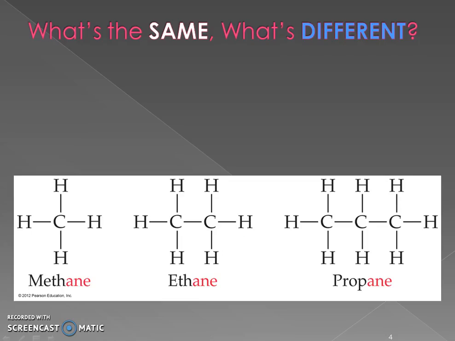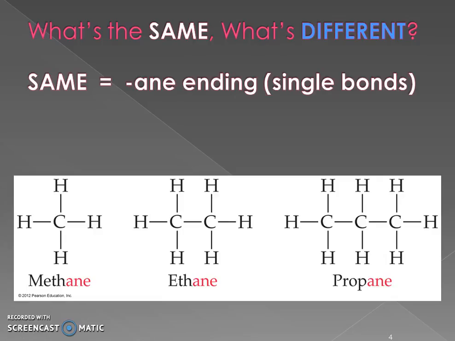big role. So if we look at these three compounds, they are organic compounds because they all contain carbon and they all contain hydrogen. So that would be a hydrocarbon. But let's look at the name: methane, ethane, propane. So what's the same about these three compounds? Hopefully you figured out that they all end in A-N-E, right? They're all single bonds. They all have that ane ending. So hopefully it comes to mind that these are alkanes.